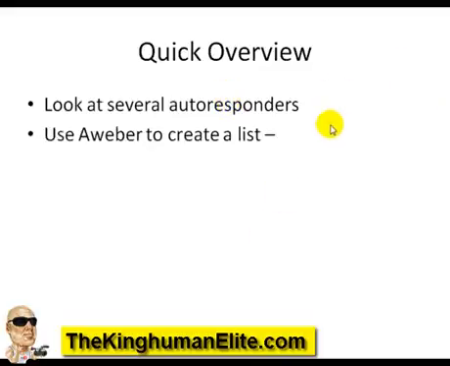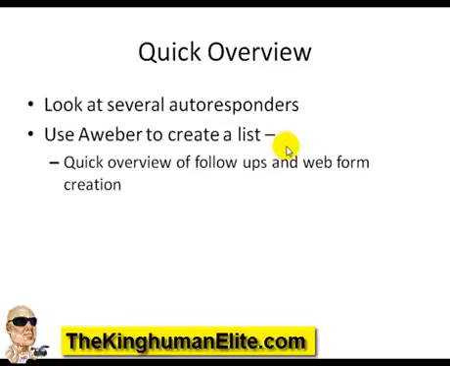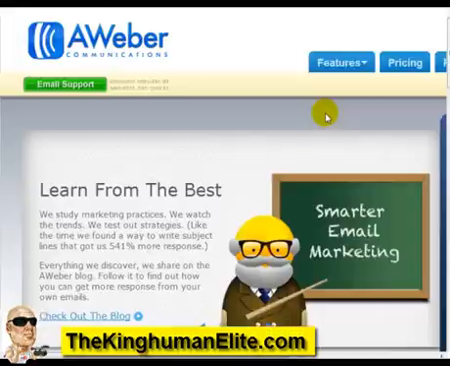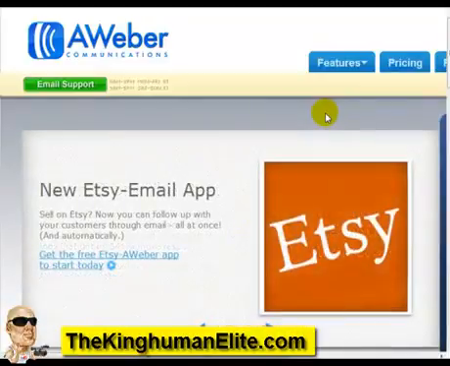Now, in this specific video, we're going to be using Aweber, which is a specific autoresponder, to create a list. And then I'm going to give you a quick overview of creating the follow-ups and talk about the web form creation. We're going to create the web form, grab the code, and add it to the WordPress sidebar. Now, while I highly recommend that you go to Google, go to forums, and figure out which autoresponder is best for you,